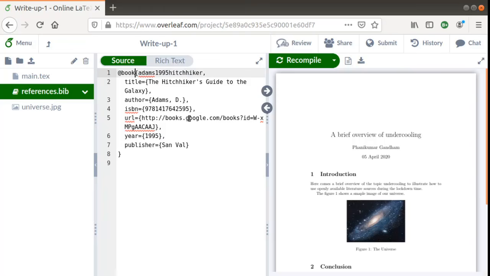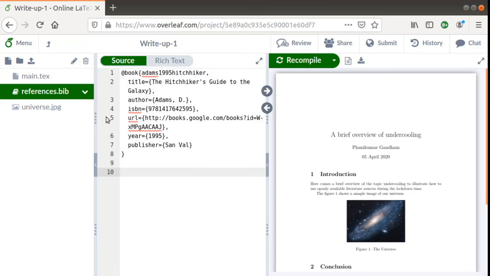So it contains the nickname for the bibliographic item, you can see here, and it contains the title, author, and other details as required for the type of bibliographic item. So for an article, the items will be slightly different from a book or a conference proceedings. So our idea of doing a literature survey is to pick up these details for every article that we want to refer. So we could actually pick them up from various literature sources, and I will be illustrating that shortly.